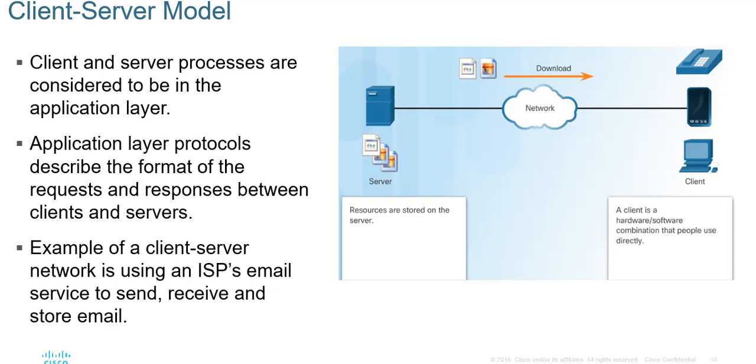Let's say for instance I have a movie that I want to obtain from a particular website, or there is a video that I want to watch from a person's YouTube link. So I have to request this from that server. So that's what the application protocol will describe, the format of the request and the response between the client and the server, because I am requesting, so it will give me that response. And then an example of that is that you're using your ISP's email service to send, receive, and store email. So it's as simple as that. So the client will have to send